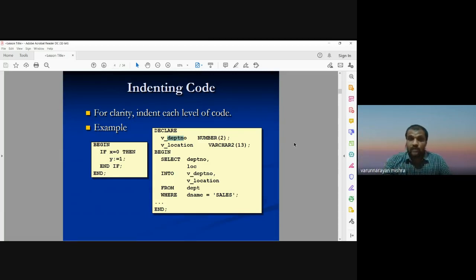Then we will provide the location of that table where it is saved in your computer or your laptop. Then we will define the name of that table. The name of the table is sales. So from that table it will extract the information about the department number. After running this process, it will end and you will get the desired result. So this is the way in which we write a code, we write any syntax using PLSQL. Okay, now in the next slide,